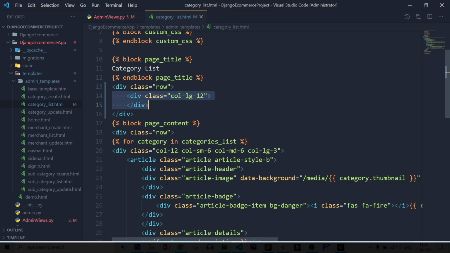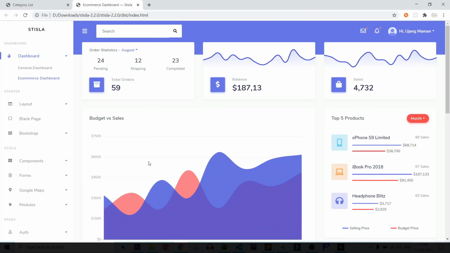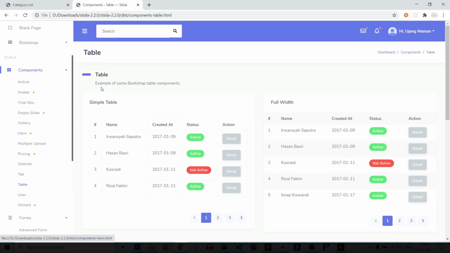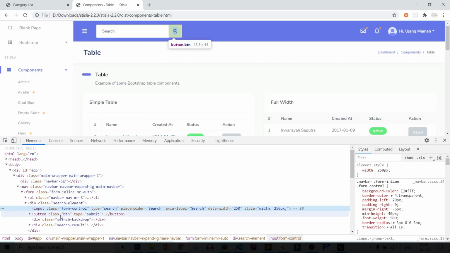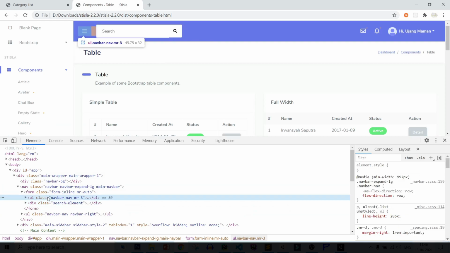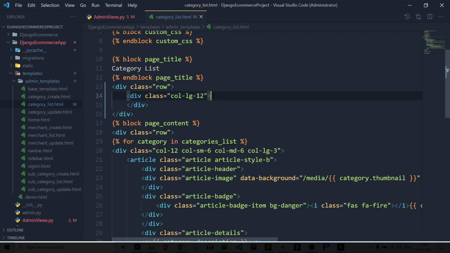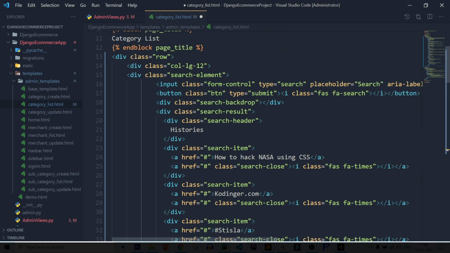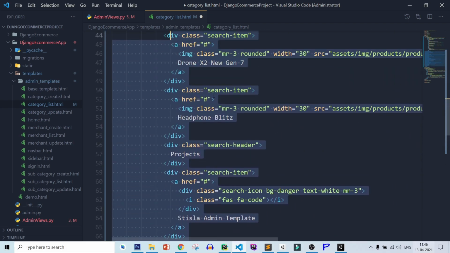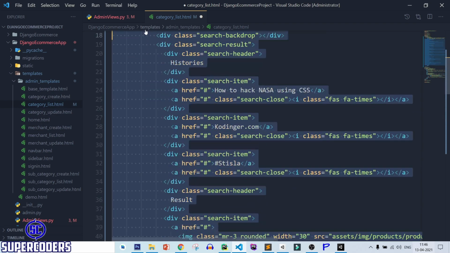After that, come to your template code. So open file manager, open your template code, and here let's see any search button. So here is default search button in top bar. So you can copy this search button. So let's copy it, paste it, and here it contains everything. Let's move it so we don't need any extra item. So remove it.